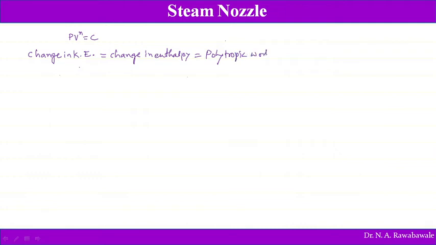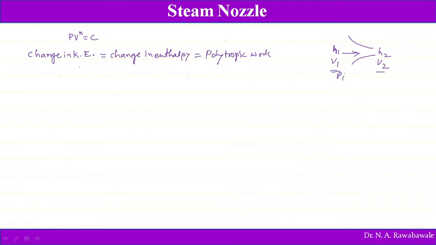So you may ask me, where is the question of expansion and polytropic work? Say here, this is the nozzle. If steam is passed through this, initially the enthalpy is H1, at the exit the enthalpy is H2, initially the velocity is V1, at the exit the velocity is V2. So what is happening here? This enthalpy is going to decrease, and the decrease is converted into kinetic energy, so velocity is going to increase.